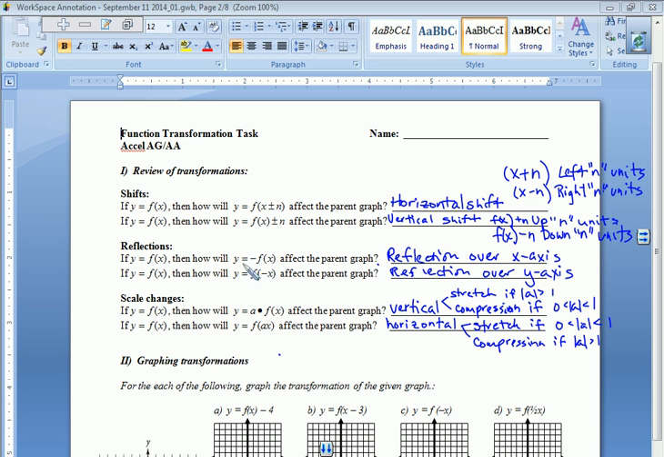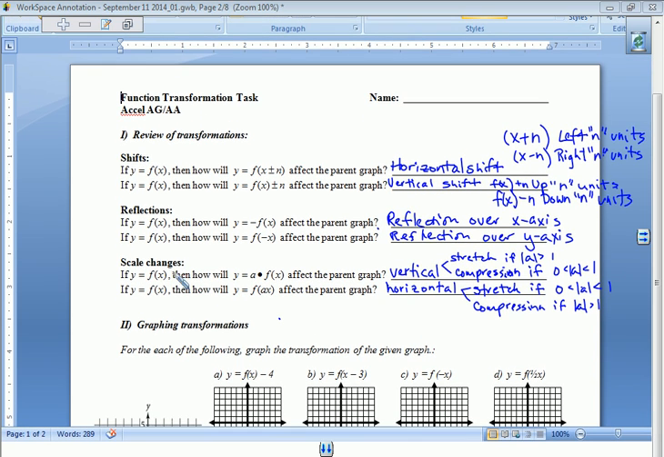Now the reflections. If we negate the entire function, can't we think of f of x as y? That's where we change our y's to the opposite. And when we change our y's to the opposite, what does that cause it to do? Reflect over the x-axis. Versus when we change our x's to the opposite, that causes it to reflect over the y-axis. So that's a reflection over the y. Okay. Now, the 2 types of scale changes you studied last year were vertical stretches and compressions and horizontal stretches